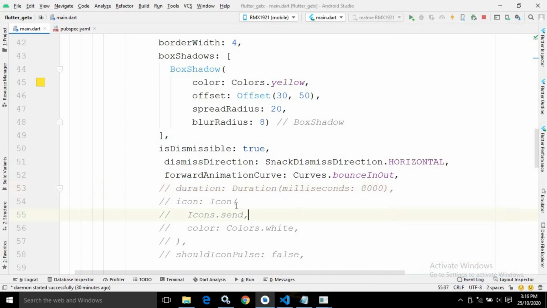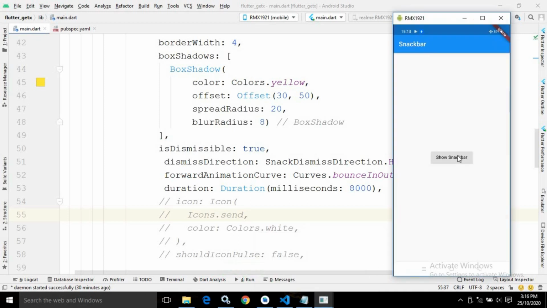Okay, similarly, what will be the duration? Let me save this. Now this duration property specifies how long the snack bar will be visible on the screen. Okay, remember this duration property specifies how long the snack bar will be visible on the screen. Here I have specified the duration as 8. Okay,